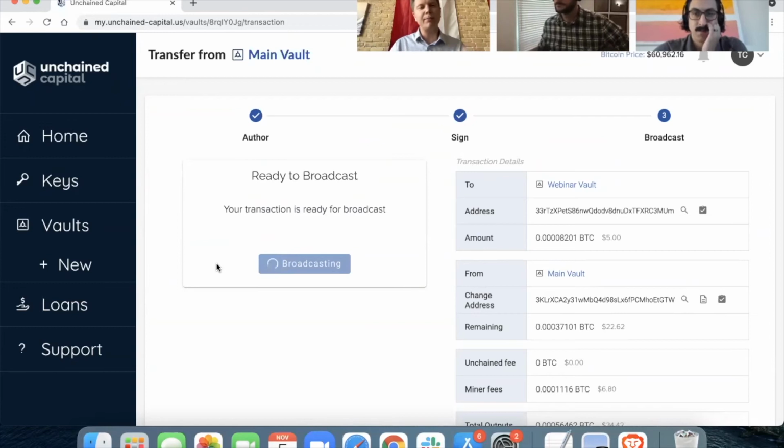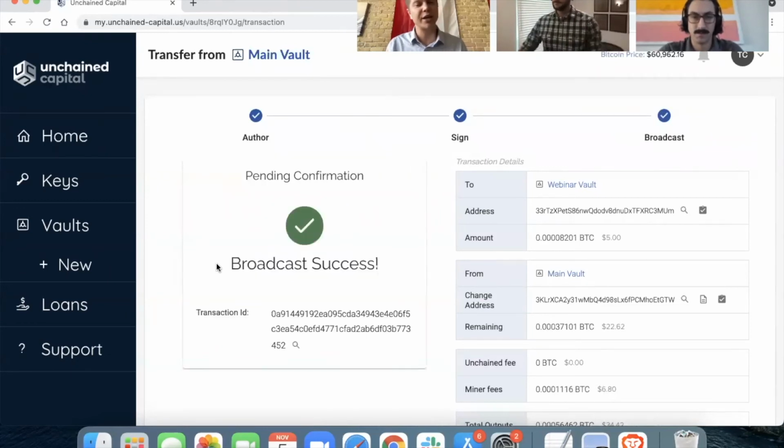So really the main point being a consolidation transaction or a consolidation spend out of your vault is any normal spend. Could be $5 worth of Bitcoin to another vault. Could be sending Bitcoin to a single signature address that you hold the keys to. It could be donating $10 worth of Bitcoin to the Human Rights Foundation. Any spend out of your vault does consolidate your UTXOs. So now if I go over to